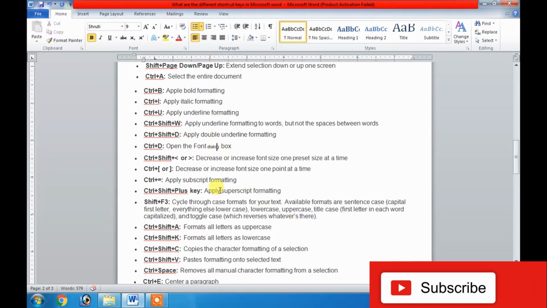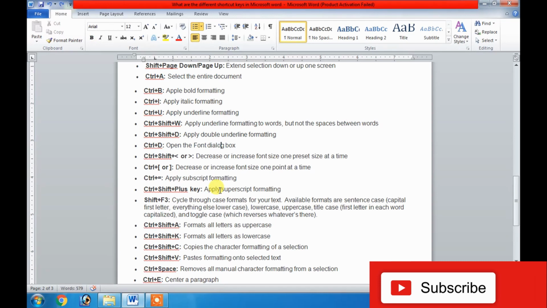If I do Control plus Z, I'll come back to the previous stage. Then Control plus Shift plus less than and greater than symbol. If I select something and do Control plus Shift plus the lesser sign, the size decreases, and if I do greater than, it increases.